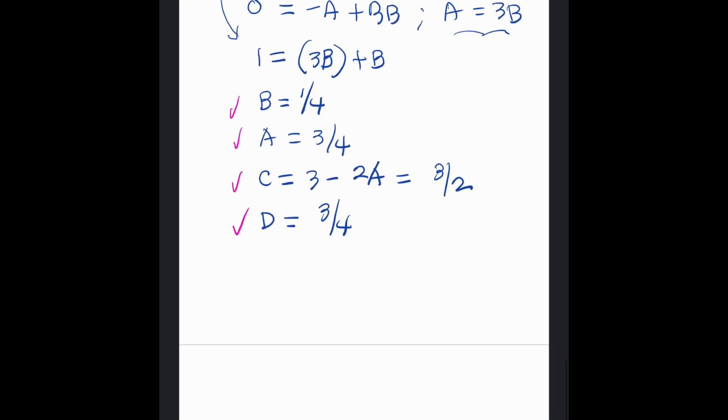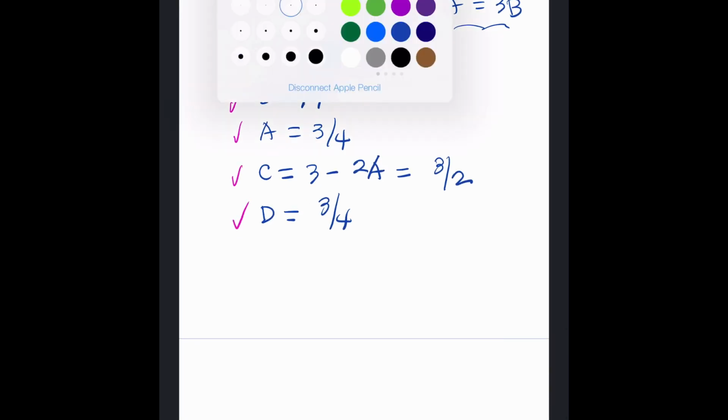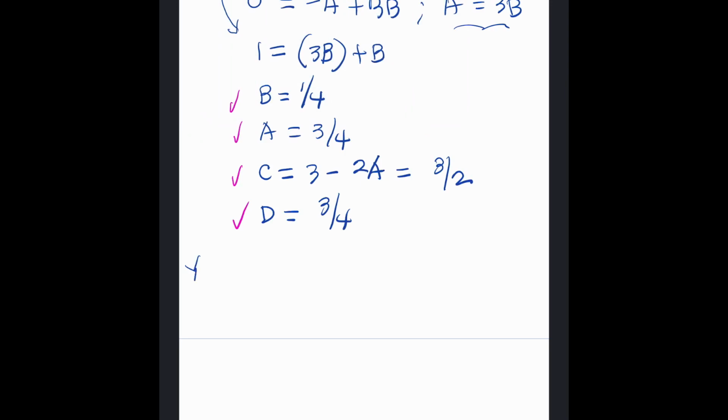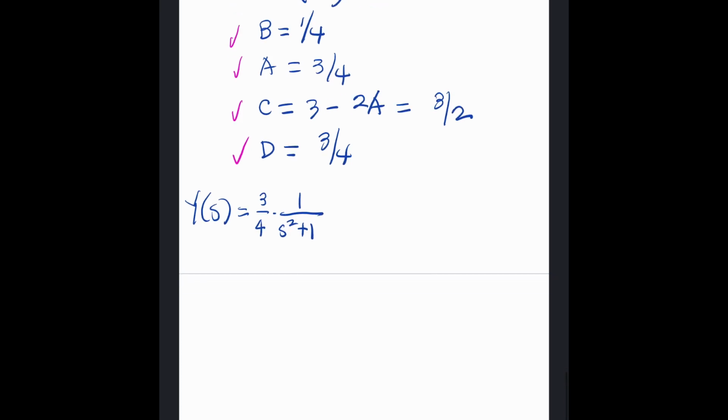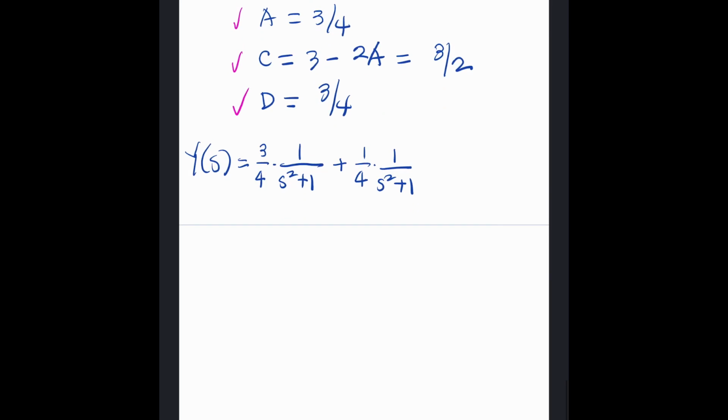We can write the y of s. Y of s is equal to a over, so it becomes 3/4 times 1 over s squared plus 1. Alright. Plus b, which is 1/4, times 1 over s squared plus 1. On the next factor, we should write